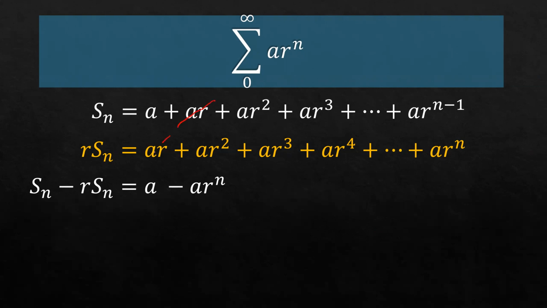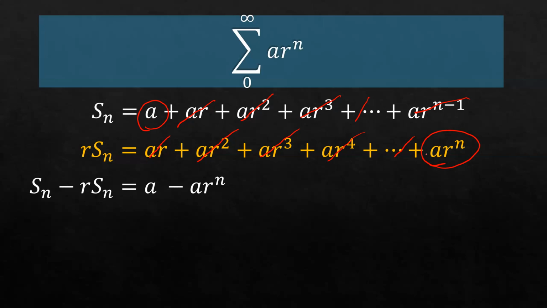Well, this minus that is gone. This minus this is gone. This minus this is gone. This is going to be gone with something that is there. And this will be gone with the previous term. So all you end up with is the beginning of Sn and the end of r Sn, which is a